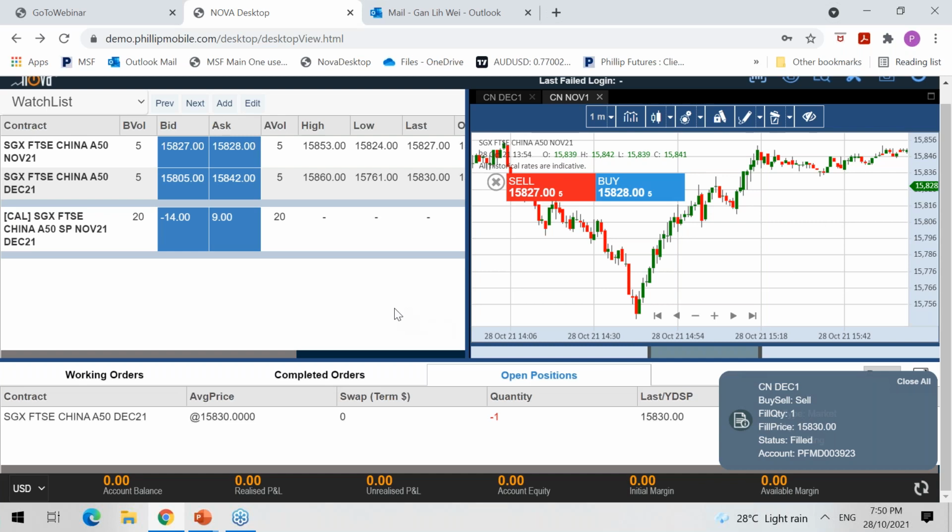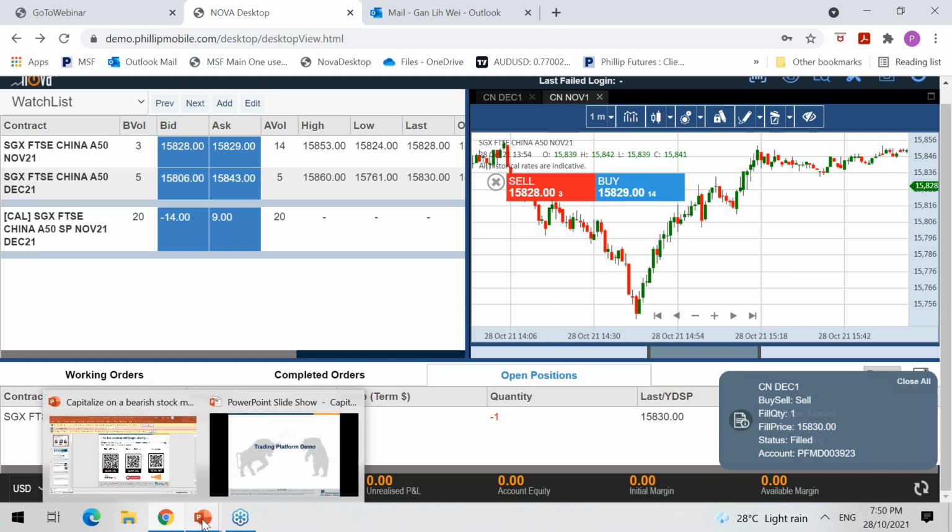So feel free to sign up for the demo account if you want to, to find out how to execute some trades on the index futures. However, we do not have the US index futures yet, due to the data availability for the charts. So you can only try out other contracts, but feel free to sign up for the demo account if you wish to do so.